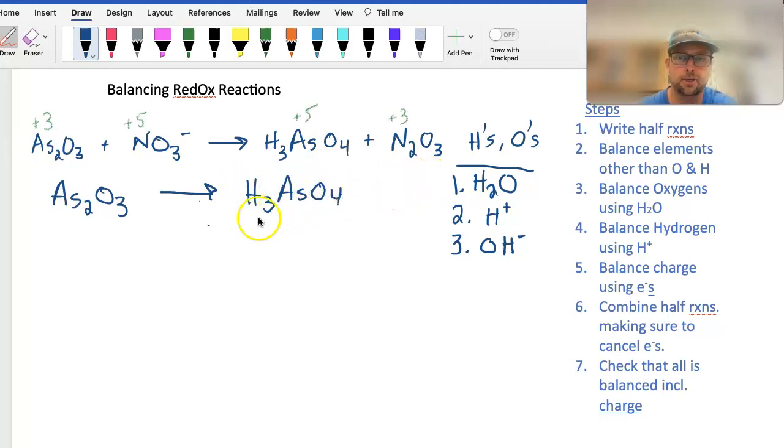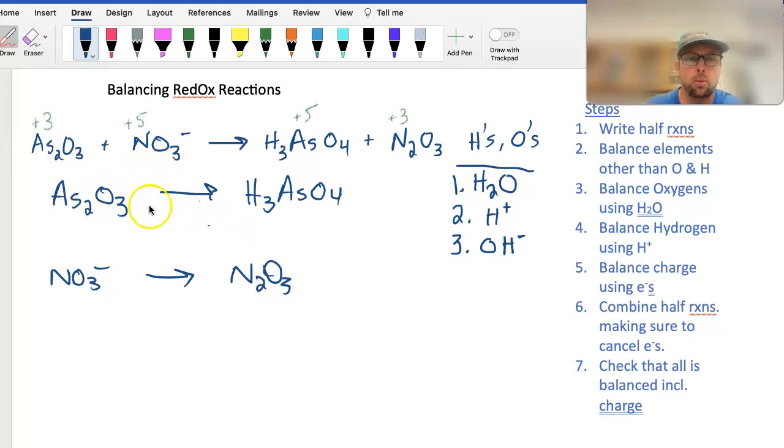And our other half reaction is nitrate turning into N2O3. So when we look at this, there are no hydrogens actually on the left side. So that tells us that we're going to have to do some things in order to balance this. So using the first, the water here,